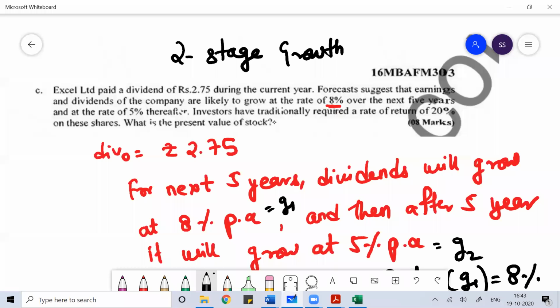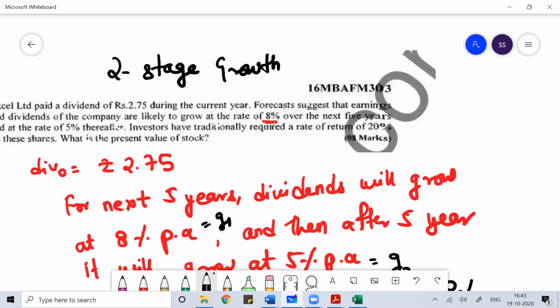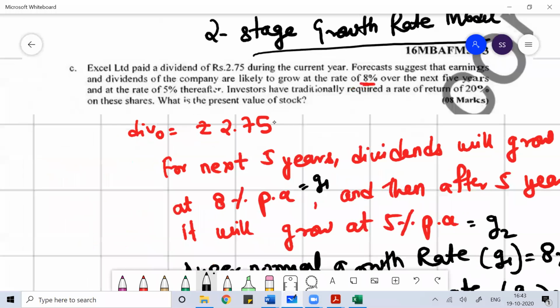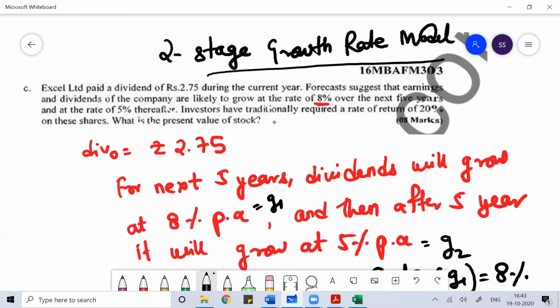That's why we're calling this model the two-stage growth rate model. That is the logic of calling this a two-stage growth rate model. I hope you're getting the logic. Okay,